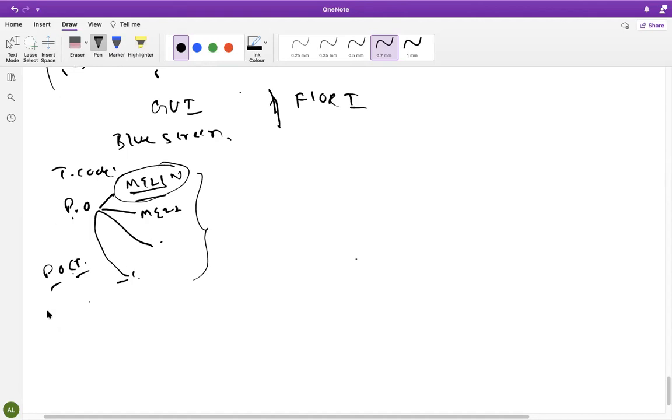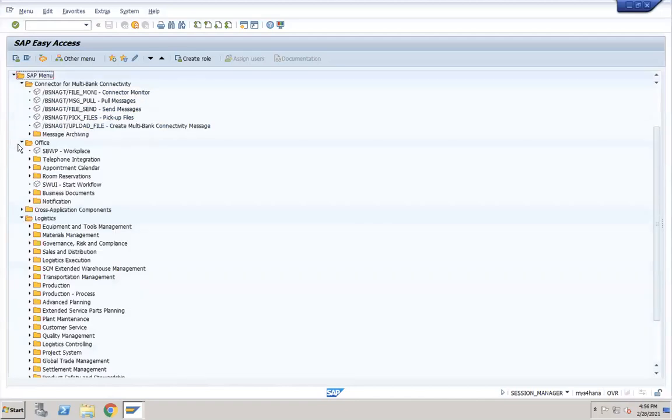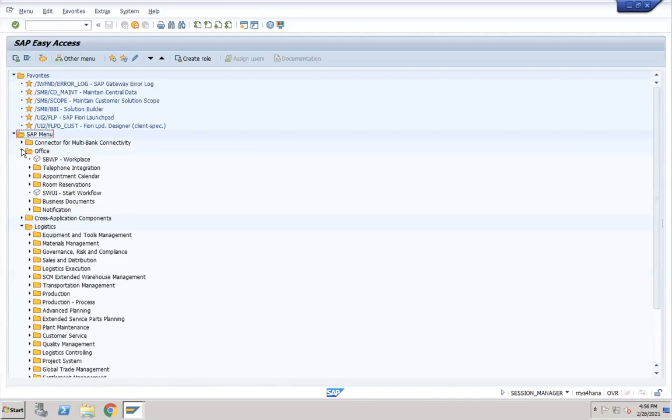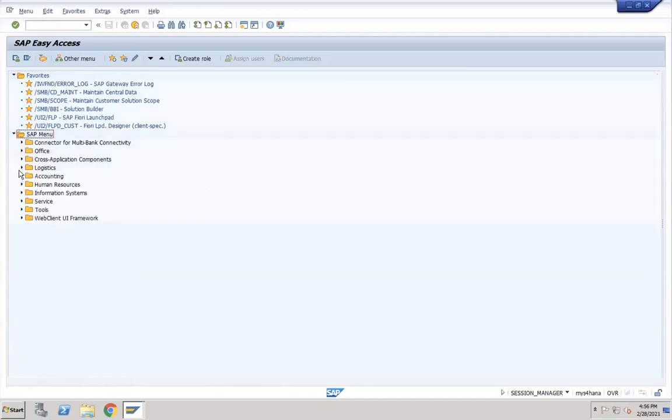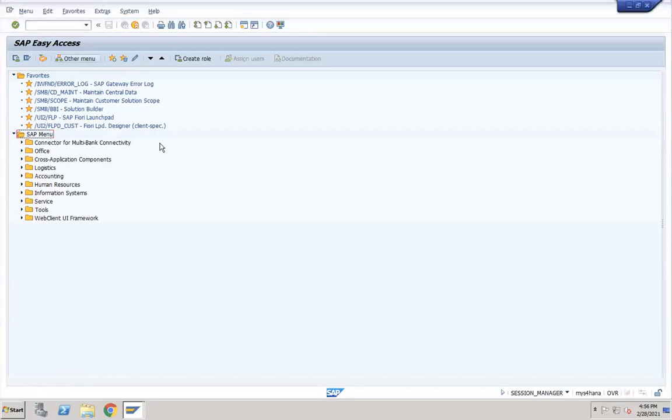They cannot search. There is no search option provided in SAP, right? Here in the GUI screen, if the end user doesn't know anything, how will they enter whatever they want, how will they check? No search option is given here, right? Everything they need to go inside and find out and check, or else they need to remember the T-code and type it here, right?